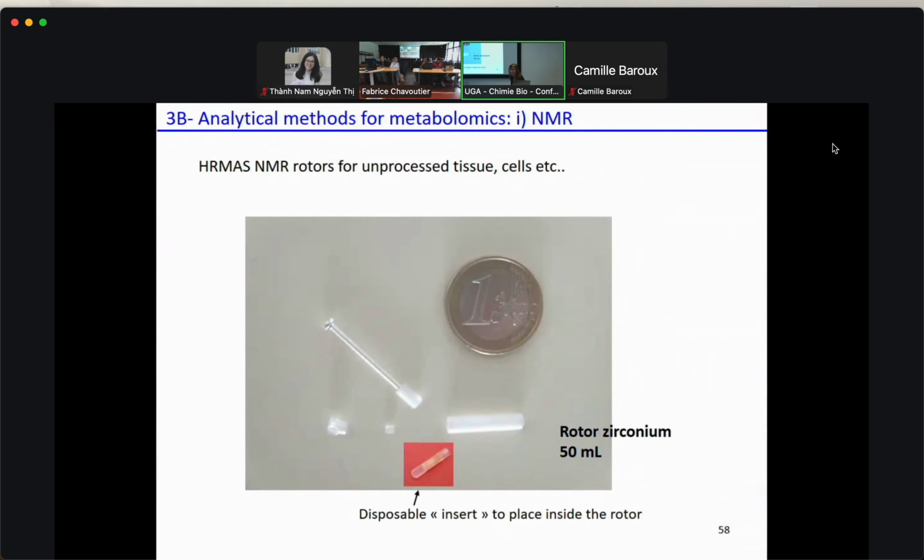For human tissue, it's very interesting, because after that we can do histology or Western blot to analyze proteins after NMR. For Parkinson disease, we use this kind of method, and we do Western blot after NMR. So we have metabolites and proteins on the same sample, which provides very robust results. And the rotors are zirconium, very hard,